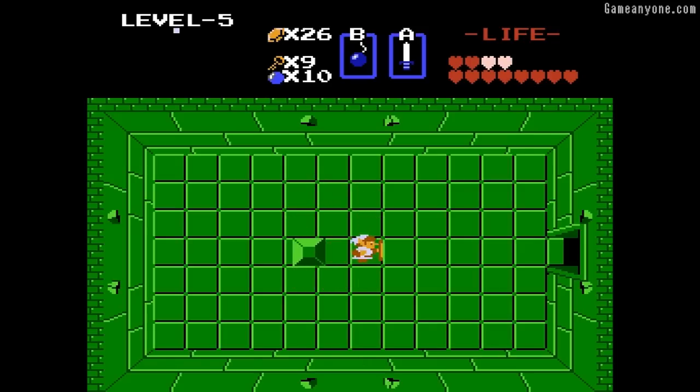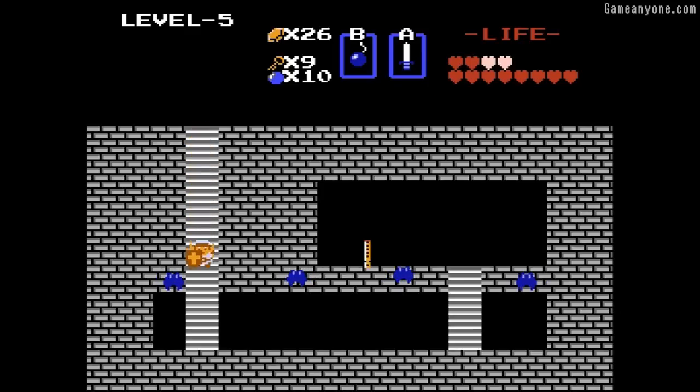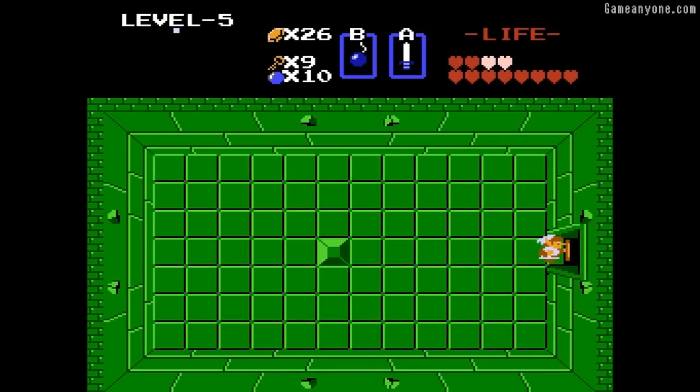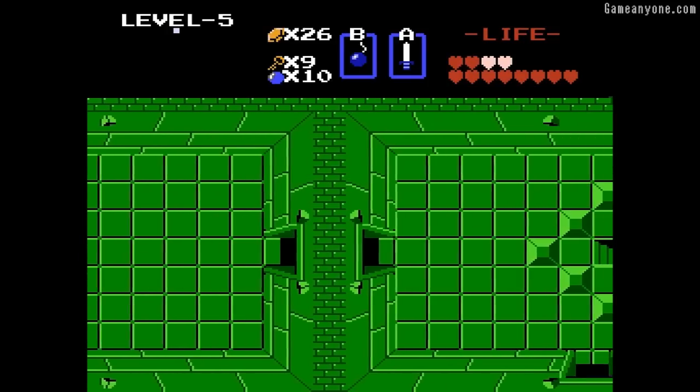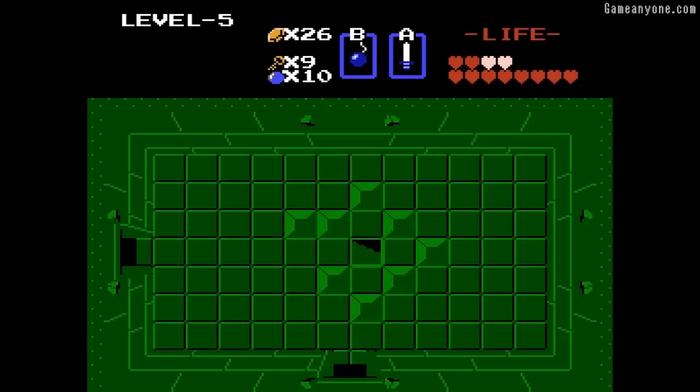And then we push this block to the left, which makes the staircase appear, and in this case we get a magical flute type thingy, which will be used for the boss of this dungeon, and a different purpose as well, but I'll be showing that off once I get out of this dungeon. So now we have the flute and the thingy. We go in here